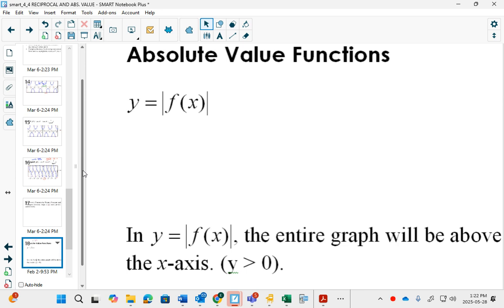So you can write this on page 323 if you like. Okay. So